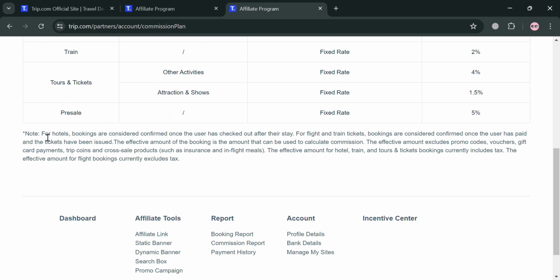Now under pre-sale, you can earn 5% of commission. Now aside from that, you also need to keep in mind in here that for hotels, bookings are considered confirmed once the user has checked out after their stay. And for flight and train tickets, bookings are considered confirmed once the user has paid and the ticket has been